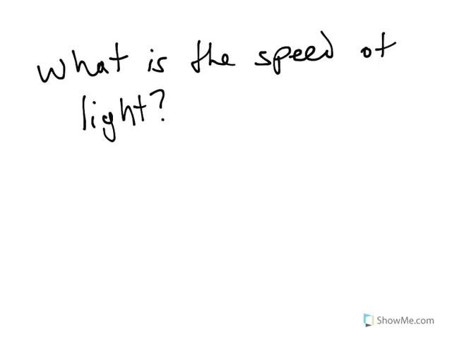Before we hop into relativity, let's address the interesting question of what, in fact, is the speed of light. For a long time, people knew light moves really, really fast. So fast that for a while we couldn't tell whether it had a speed at all, or if it really moved instantaneously. It was in fact in the late 1600s, way before relativity, that people first measured that the speed of light was finite.